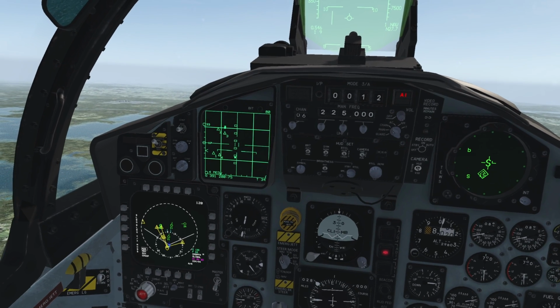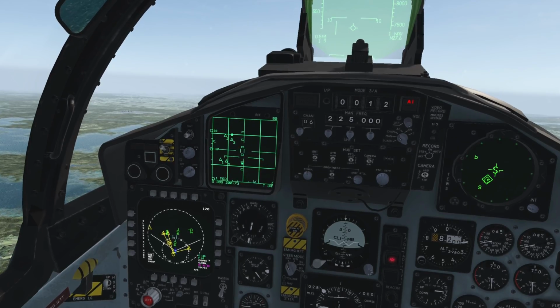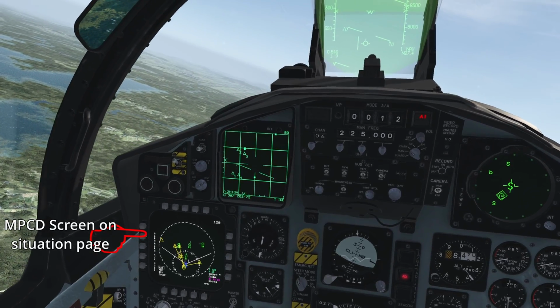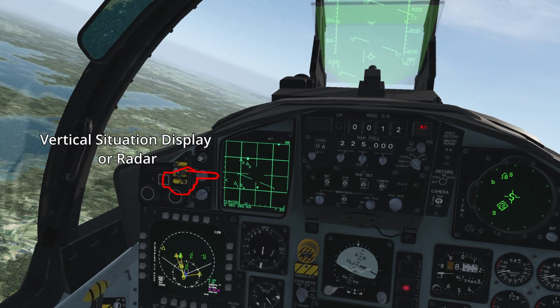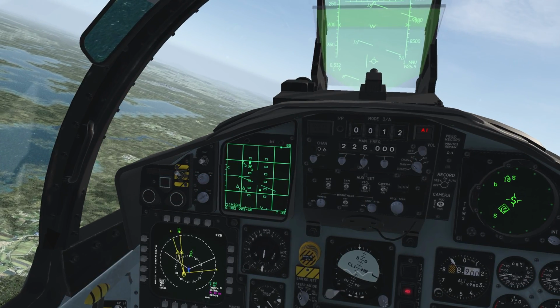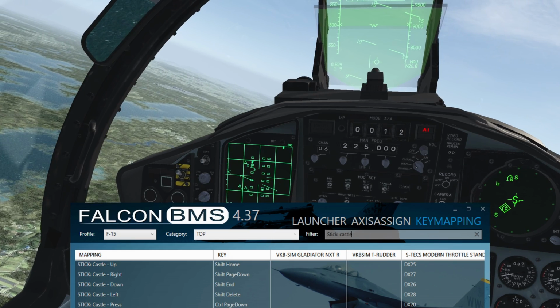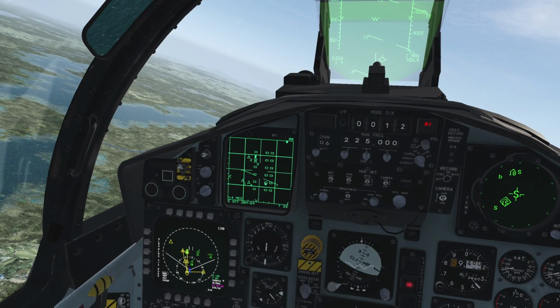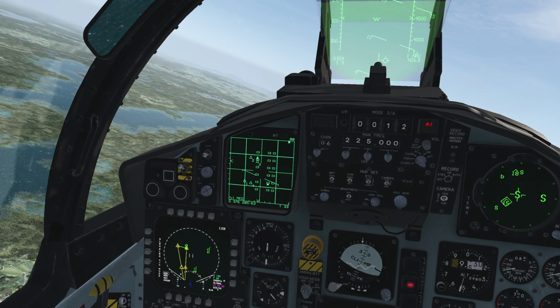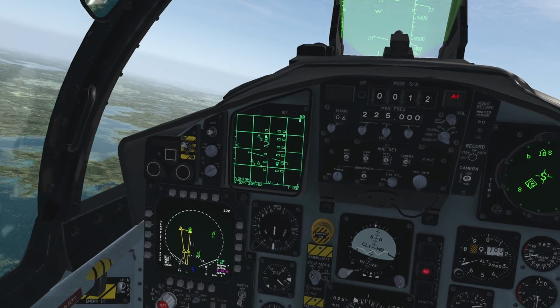The easiest way to do this with the least amount of effort is to rely on your MPCD screen, or what I call the situation screen, and your vertical situation display, or what I call the radar screen. And this is where we get to the castle switch, which I would recommend mapping to a 5-way switch on your throttle. The manual explains this really well, and basically by manipulating these buttons you can cycle your selection between